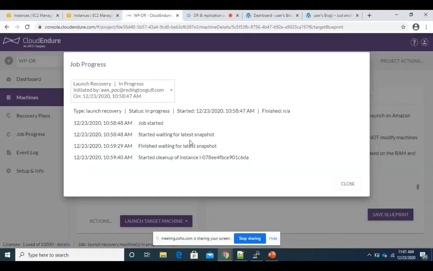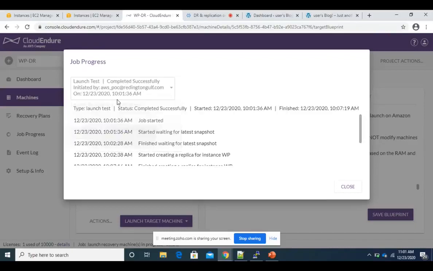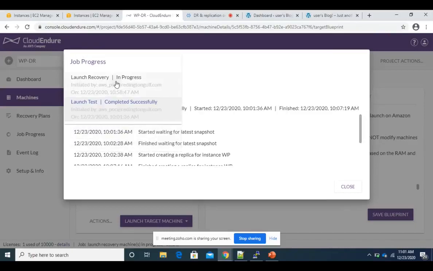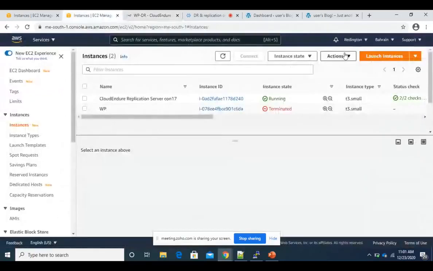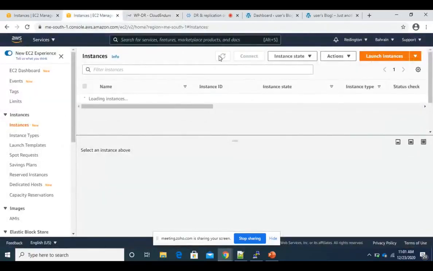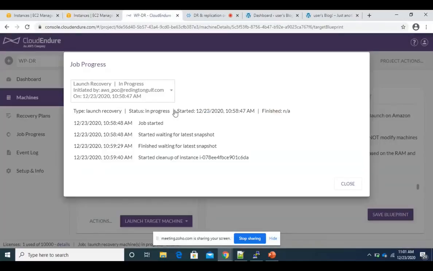So the next set of actions will be performed. It will try to recreate a new instance using the latest snapshot which we have taken. So we'll get a new instance ID as well. If we refresh, it should come up in some time.